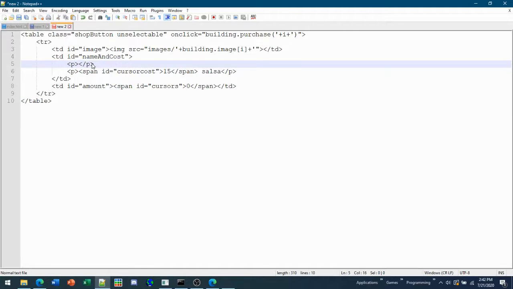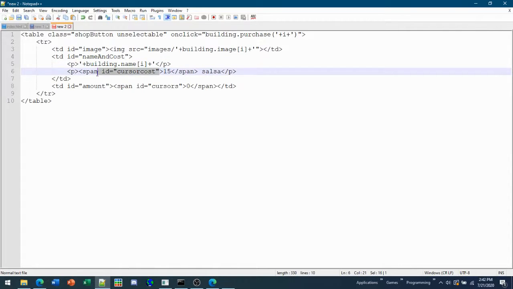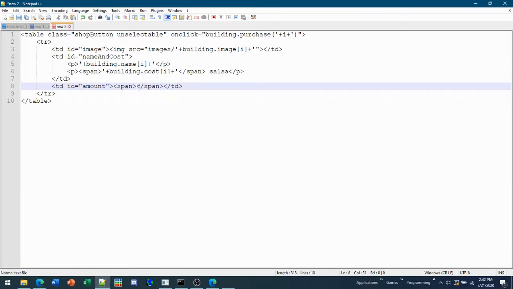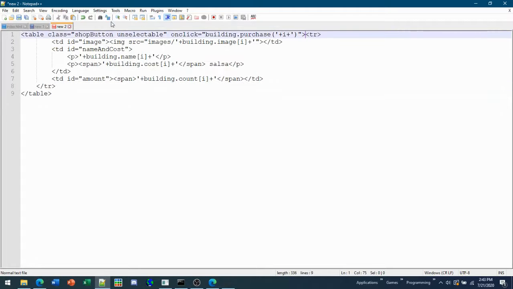And then right here, you need to do the same thing, plus building.name plus single quote. We could remove the span ID, we don't need that. And then plus building.cost plus single quote. And then for cursors, we can remove the ID there. Just put a span and then just do the same thing, plus building.count, i plus. Okay, and then after that,